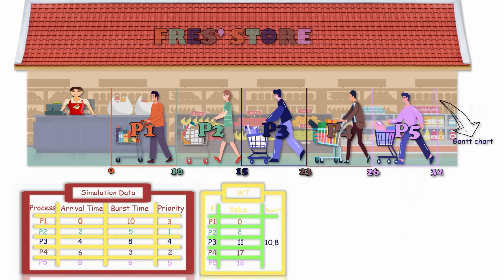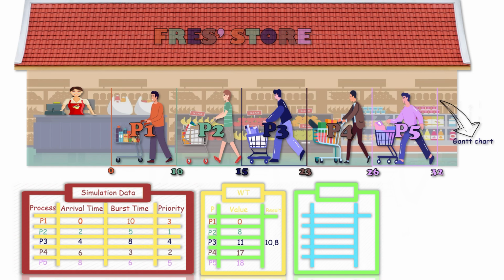Now put the result in the data, and suddenly you receive another table that says response time. You may be wondering what response time means. Well, it's just start time minus the arrival time. In this case, process 1, the start time value is 15, and the arrival time is 4, minus them, which equals 11.